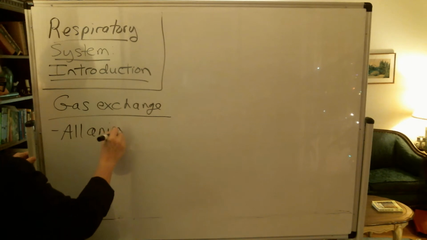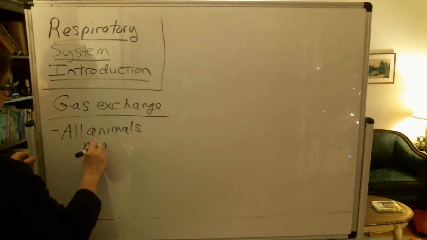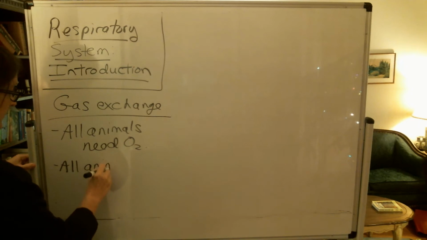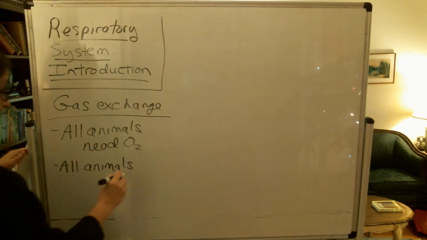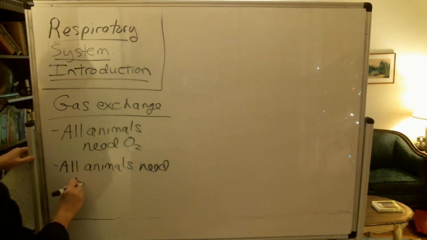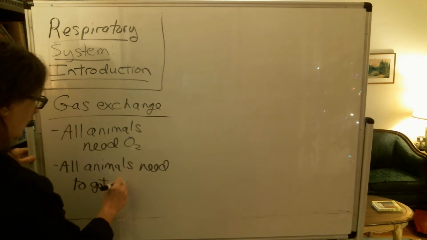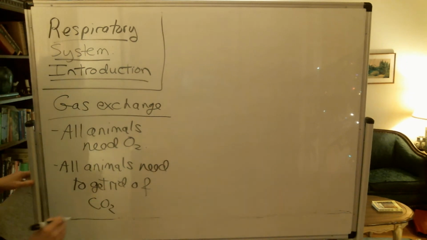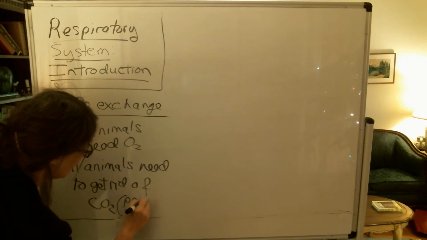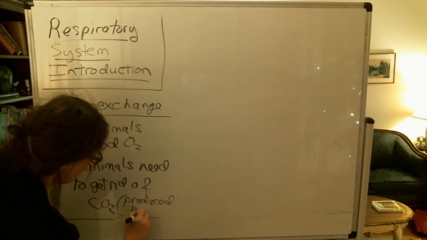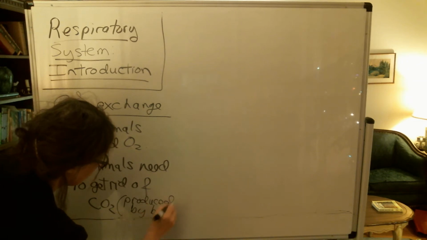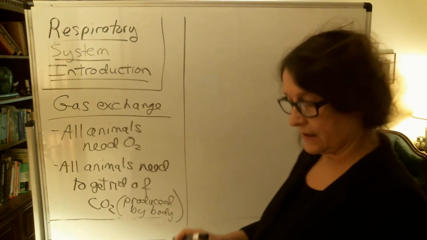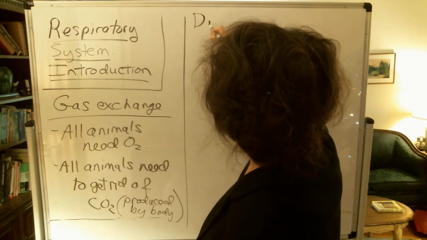All animals need oxygen, and all animals, and this includes us, need to get rid of carbon dioxide. The carbon dioxide is produced by the body. So we get this oxygen and we get rid of the carbon dioxide